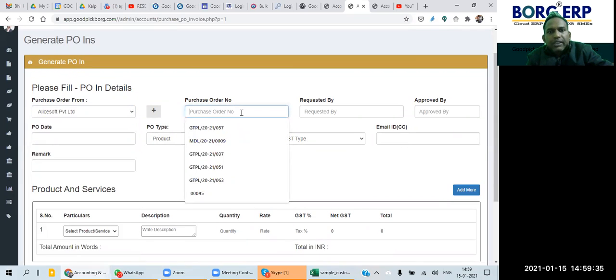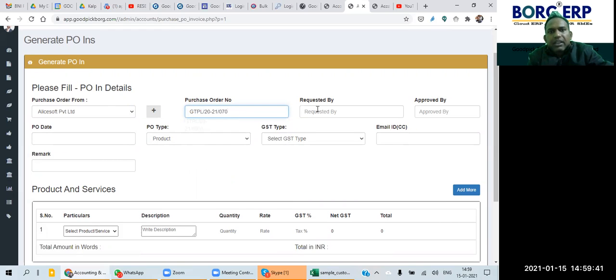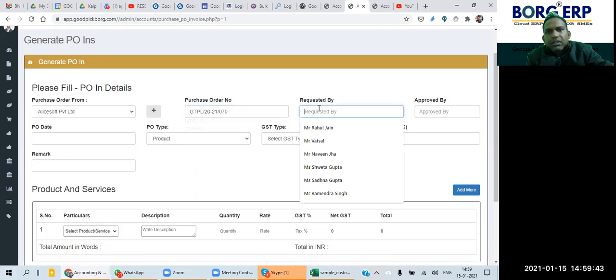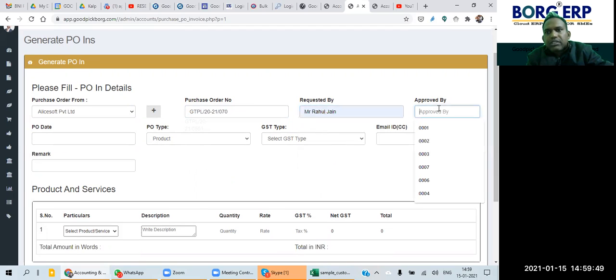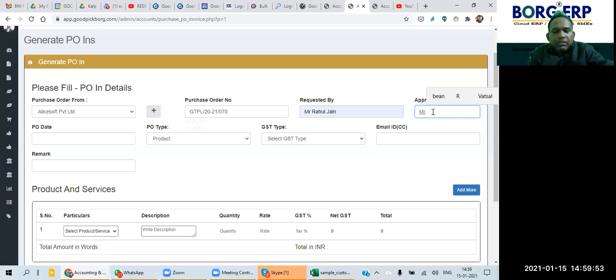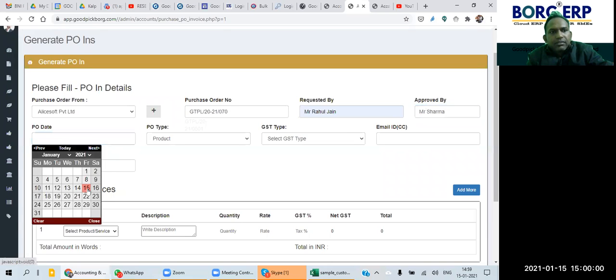Then purchase order number, for example 50, 60, whatever, 70. I can name it anything as per my company format. Requested by, for example Rahul Chan, approved by, for example Mr. Sharma, and the PO date is today's date.